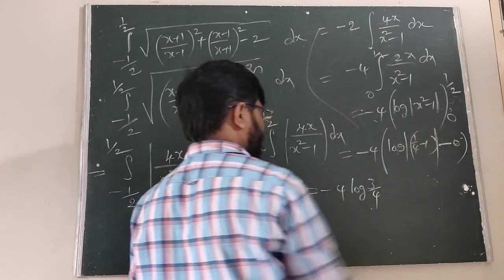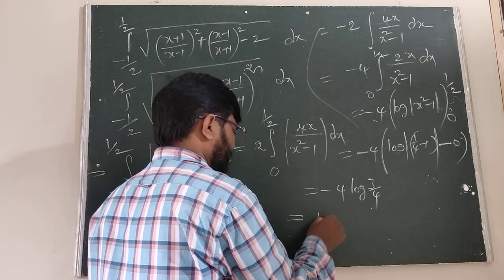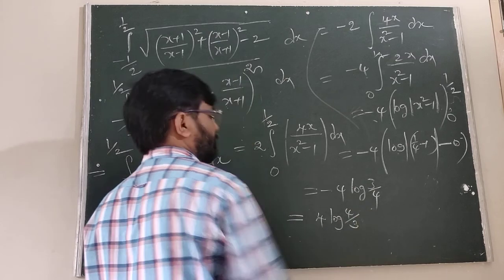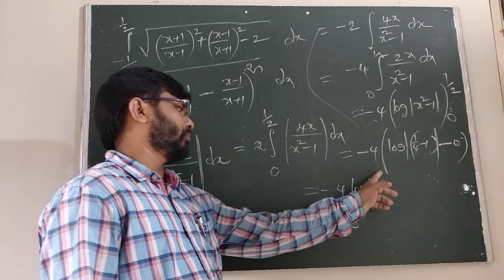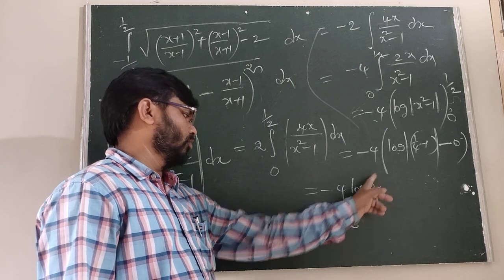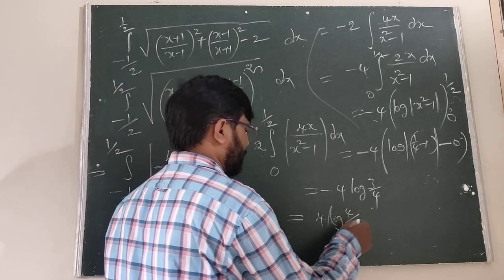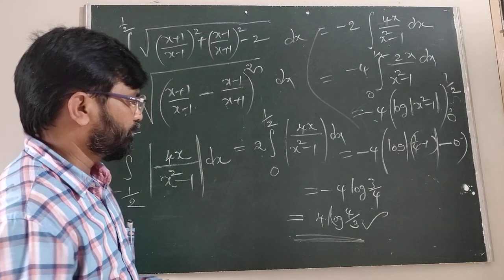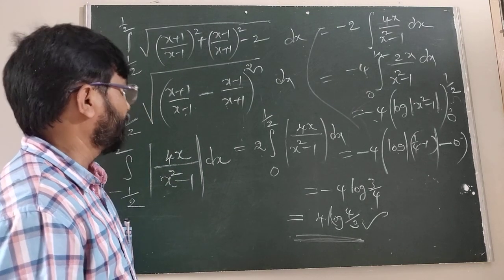So this is minus 4 plus 1 minus 3. In modulus minus is the plus. When we are taking the plus 4, undoubtedly this is 4 by 3. Since this is sending to the power minus 1, 3 by 4 to the power minus 1 is 4 by 3, plus 1. This is our required solution. Okay. 4 by 3 log of 4 by 3.